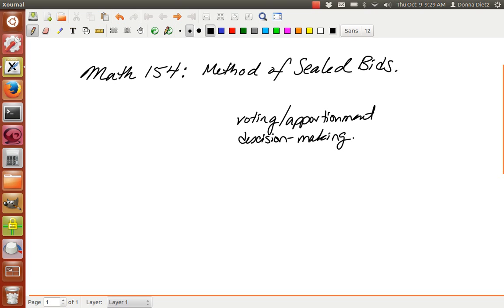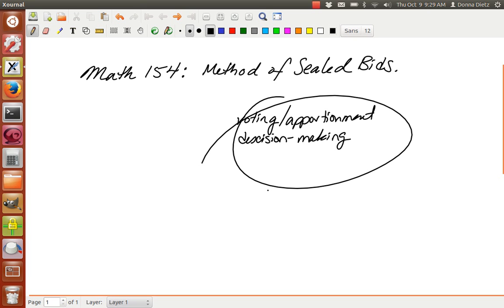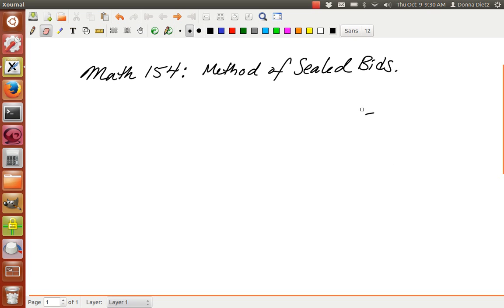Okay, and it's a really big topic. But I particularly like the method of sealed bids as a way of dividing things, because unlike almost all the other topics in this area, in this case you actually succeed in fairness. And so fairness is a pretty cool thing. Fairness is really hard to achieve, and in most cases it's usually impossible. In this case it's actually possible. So this is sort of, to me, the most optimistic thing to talk about.